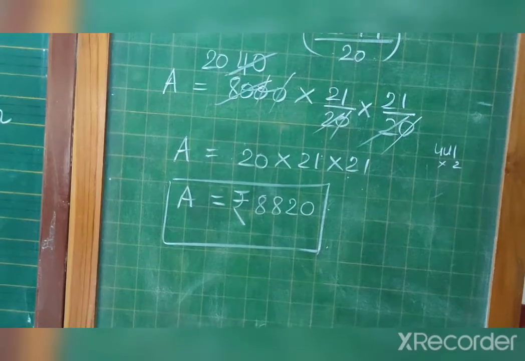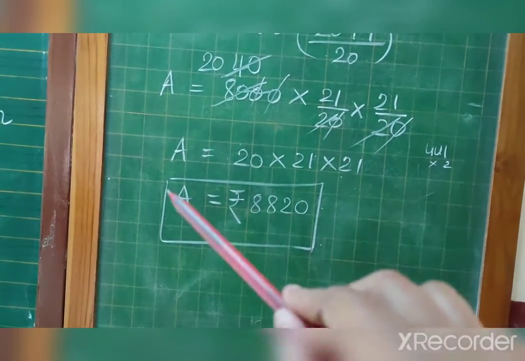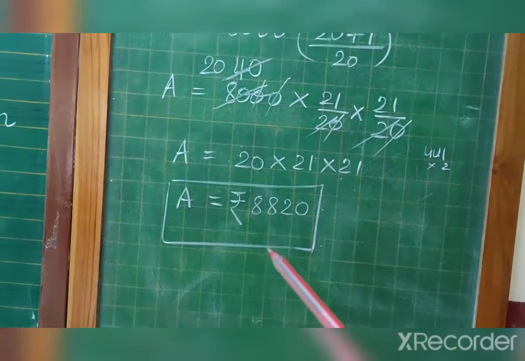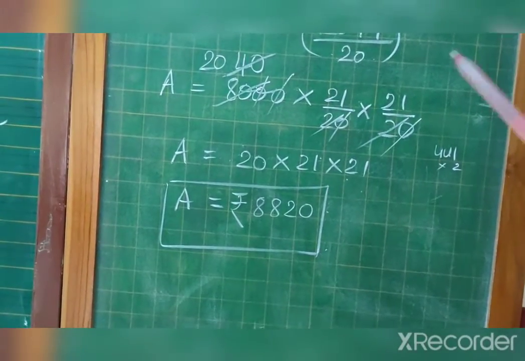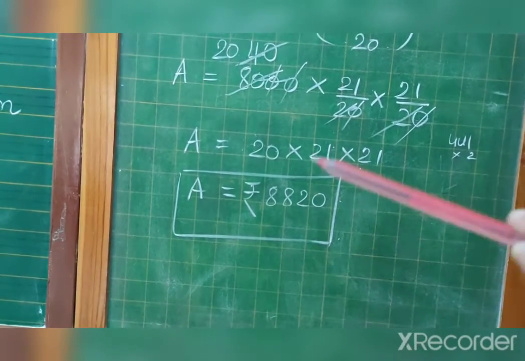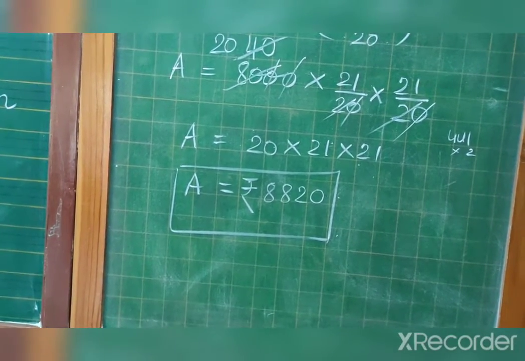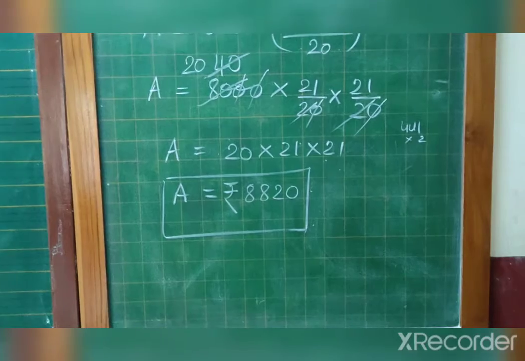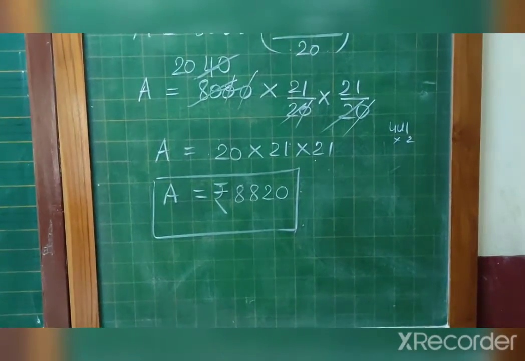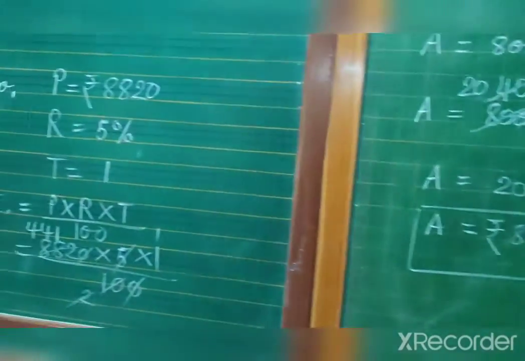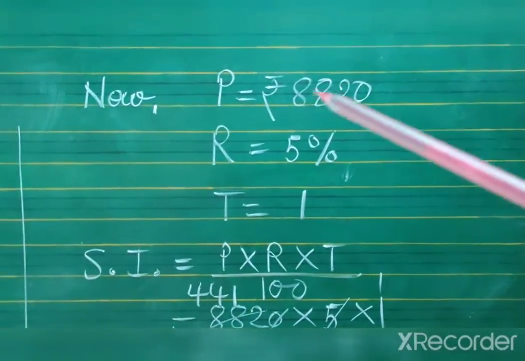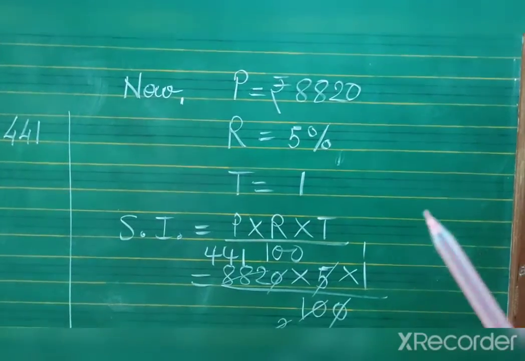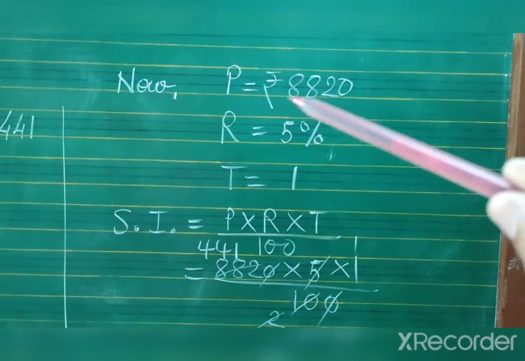Now we have to calculate only interest. So in this amount, compound interest is already added. So for the 3rd year it will be the principal, and the time period and rate of interest as it is. That means we will take time period 1. Okay. So you can see here, this is the amount at the end of the 2nd year, but for the 3rd year it will be the principal. So now P is equal to this and the rate of interest is this, and we have to calculate only interest for the 3rd year.